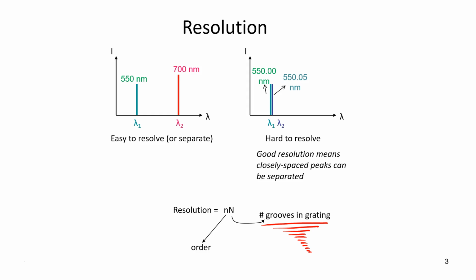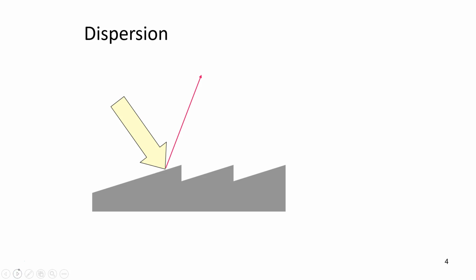Let's talk about dispersion. Dispersion, we said, was the ability of a grating to separate two wavelengths through an angle. And I don't know about you, but these red and orange wavelengths don't look very well separated. In my opinion, if this were our grating,